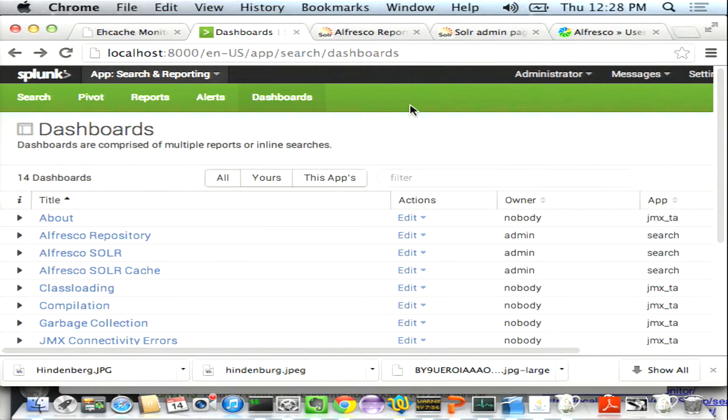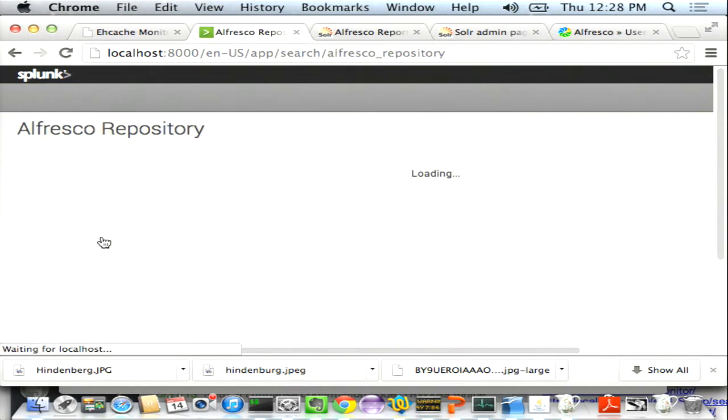I've already developed all the XML configurations for Alfresco and Splunk, as well as some dashboard configurations. So if anybody wants those, any of the guys that are using Splunk, I'll be happy to share them with you. So on the repository tier,